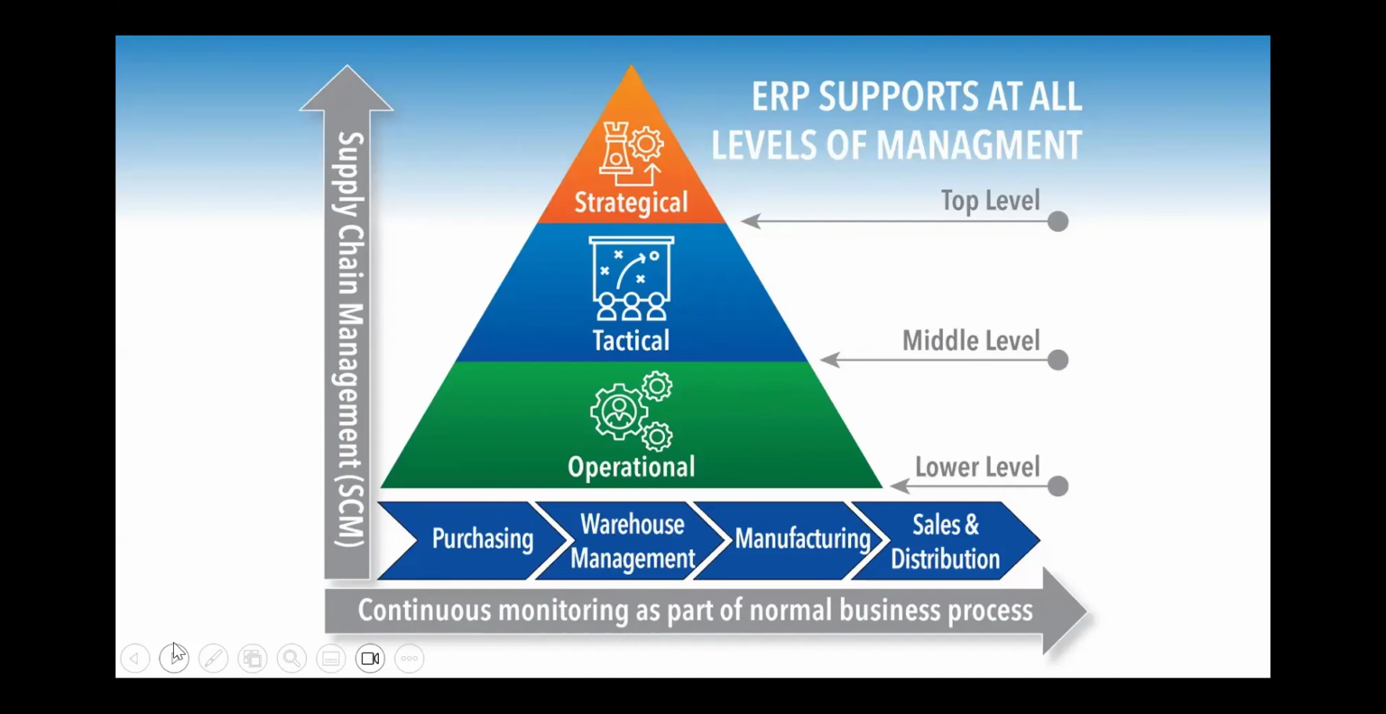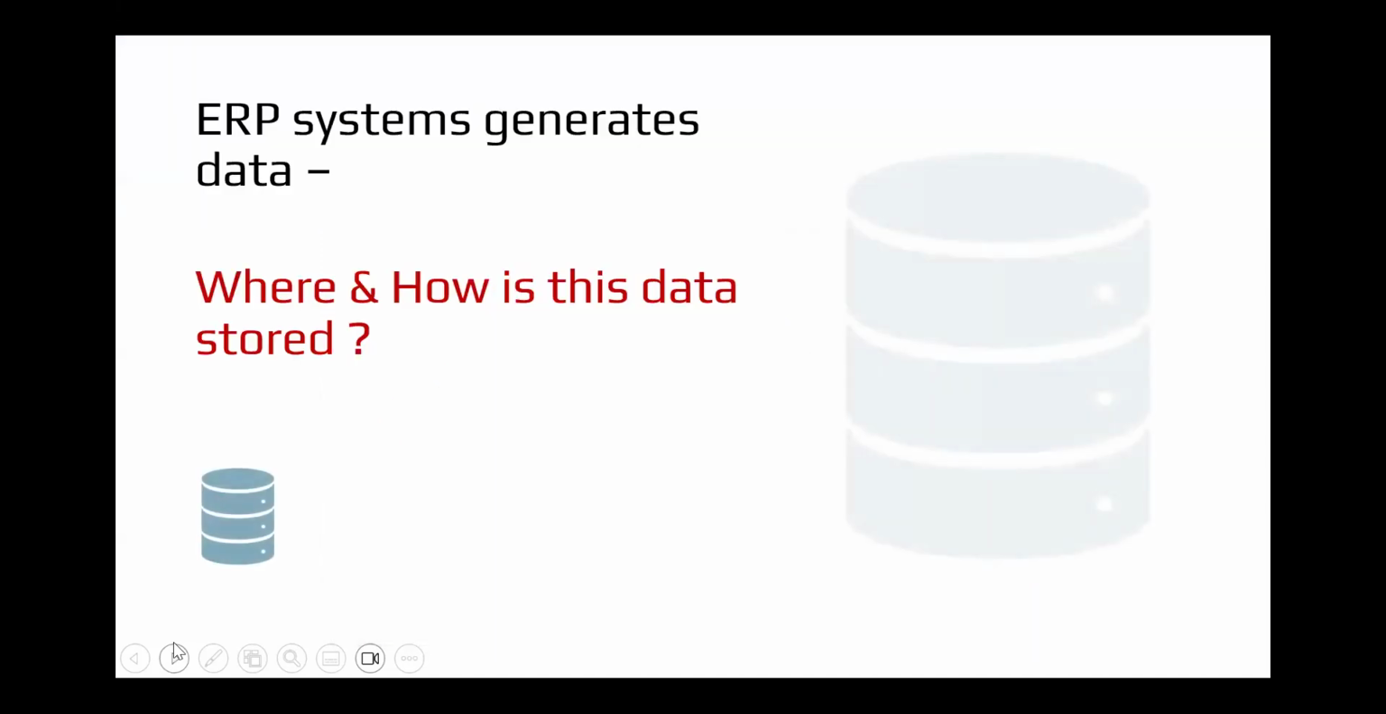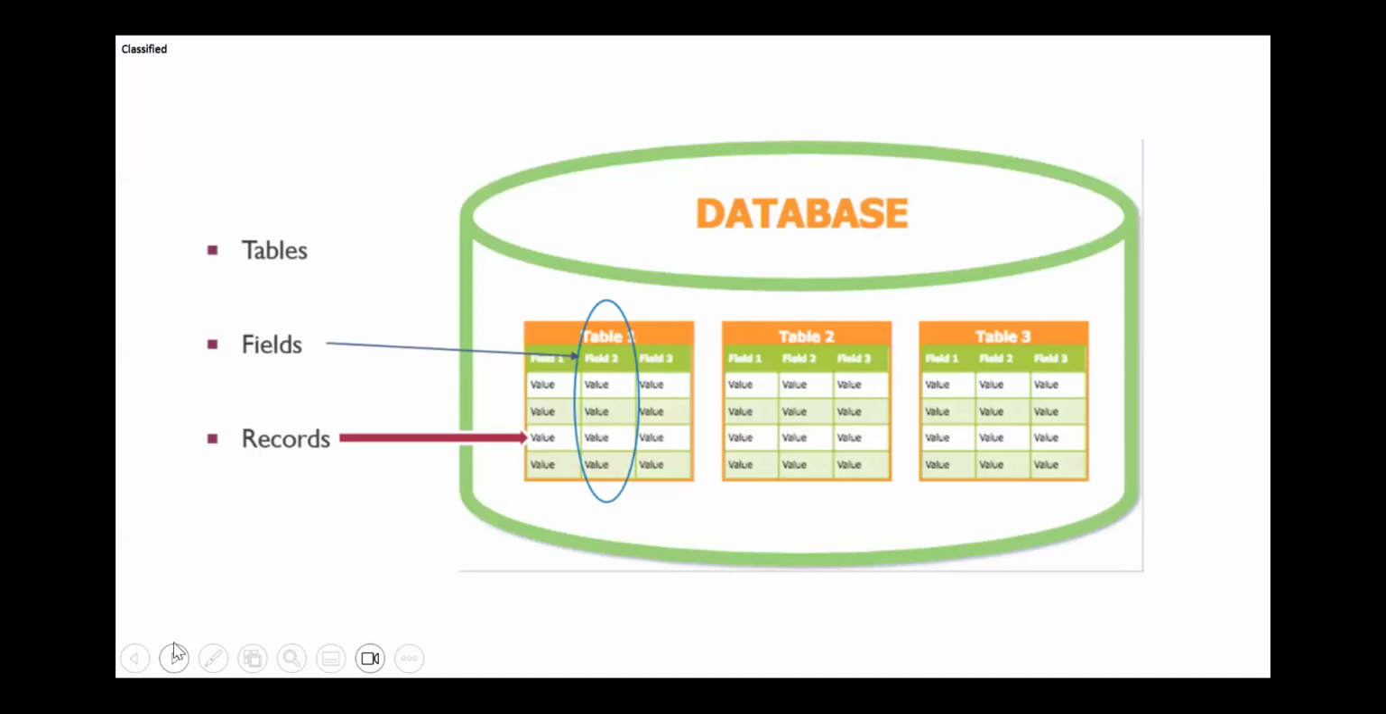Now, this data has to support information for all these levels. Hence, you have the analytics, data science departments, which ensure that all these requirements can be created out of the same data, because the data is the same, right? It is the same data which is going to the ERP systems. So what we see is that the ERP system generates the data, and we would want to understand where and how is this data stored. So this data that is generated by the ERP systems is stored in what is called